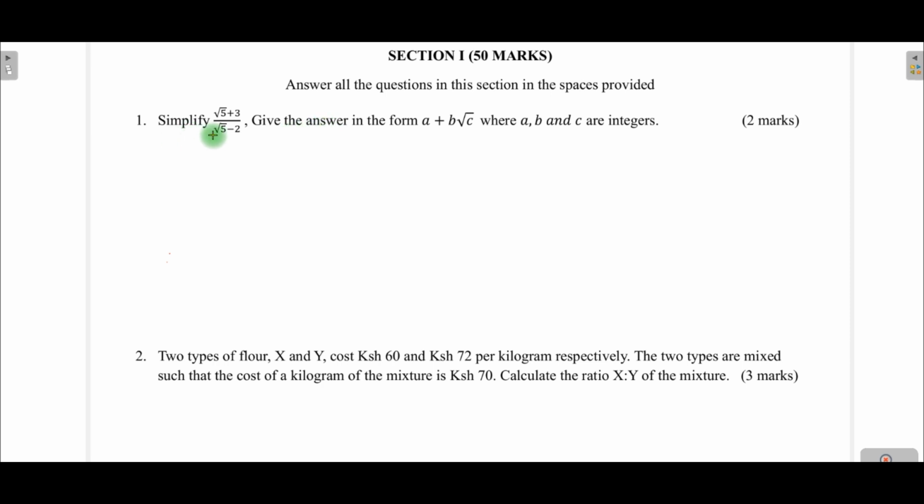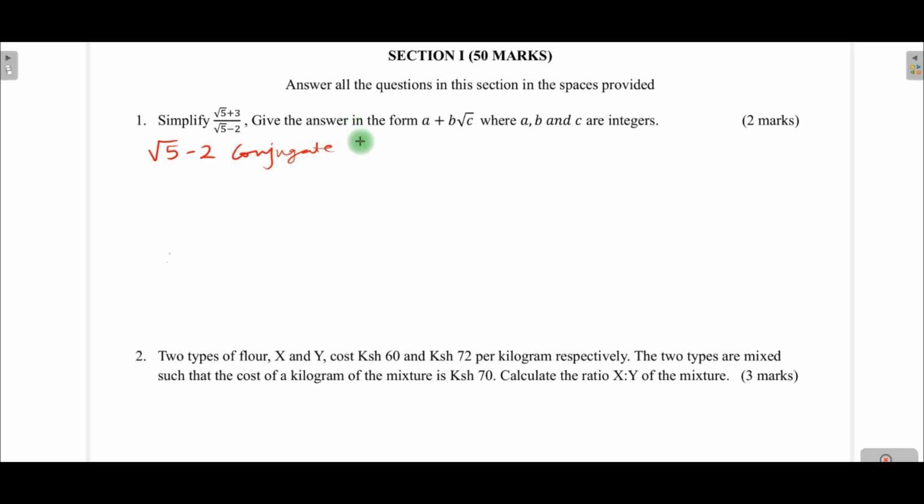So question 1: we simplify (square root of 5 plus 3) all over (square root of 5 minus 2), and give your answer in the form a plus b square root of c, where a, b and c are integers. So we are going to rationalize the denominator. We make it a rational number, and therefore for us to rationalize it, we need to get the conjugate of square root of 5 minus 2,